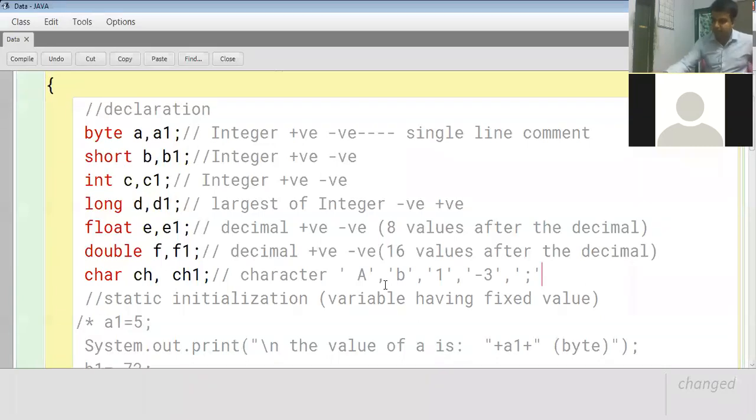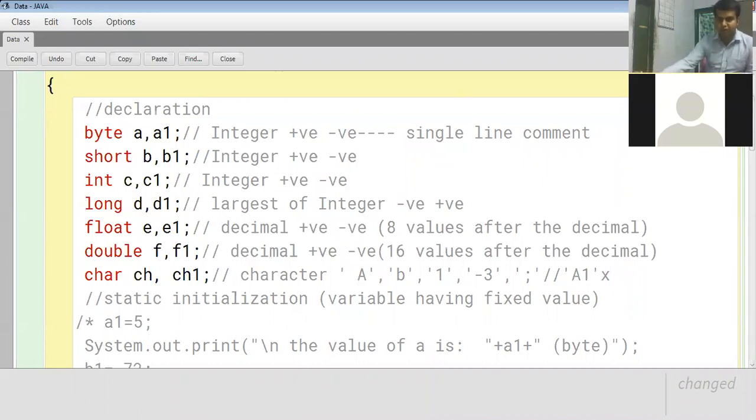But now comes the limitation. The wrong way of writing a character value: you cannot write A1 in single quotation. This is wrong. A is one character, 1 is another character. Multiple characters cannot be written, so I'm putting a cross beside it.